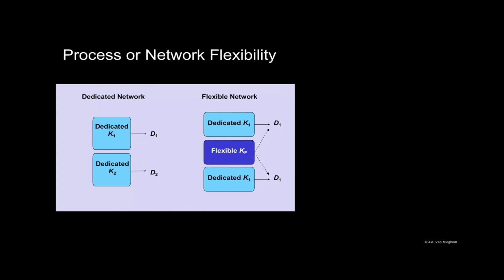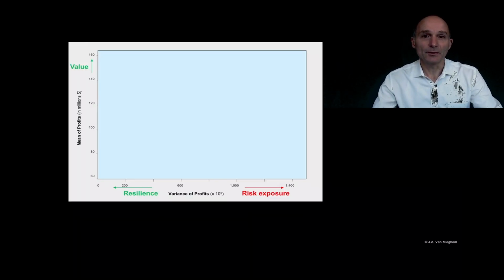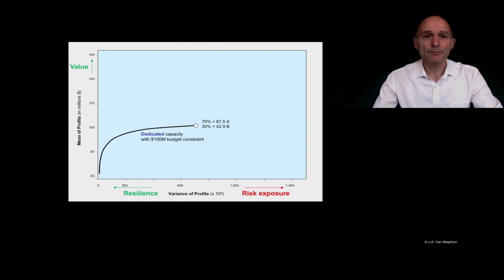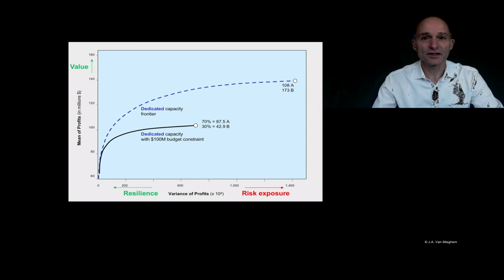To visualize this effect, let's consider an example that I do in my textbook. Let's adopt a graph more similar to what is done in finance, where we talk about mean-variance frontiers. On the vertical axis, I plot here the mean profitability of the organization, while the horizontal axis shows the variance of the profits. In the example quantified in my textbook, we consider an organization that has a budget constraint so that it maximally can invest $100 million in capacity. In that setting, for the particular parameters of the model, the optimal point is represented here by the white point. Let's now consider what happens when the organization gets two options.